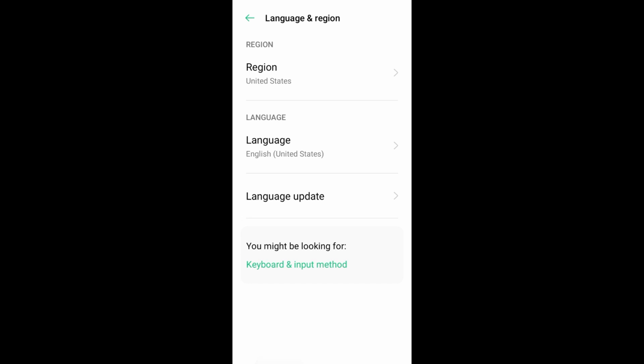As easy as that. So basically, if you go back to your TikTok, then you will see that your region has been